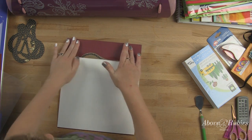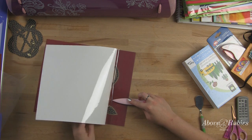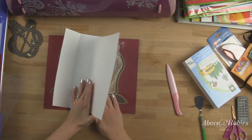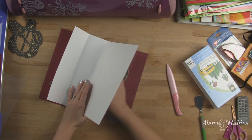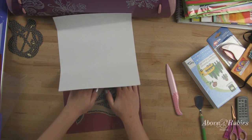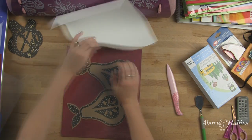Start at the top. Smooth that on. You can even grab your bone folder if you need to. Smooth it. And then I just peel the backing slowly as I push down. Okay? So it's just going right on down. This reduces the amount of air bubbles, at least I found. This is what's worked for me. So again, you do what works for you, and feel free to write in any tips that you may have. I'm not the laminating professional here, but this is just how I've reduced the most amount of air bubbles